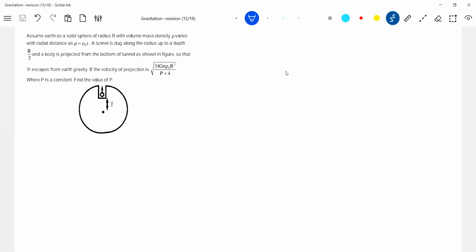Sphere varies as a function of r. A tunnel is dug along the radius up to depth, and a body is projected from the bottom of the tunnel as shown in the figure, so that it escapes from the earth's gravity if the velocity of projection is